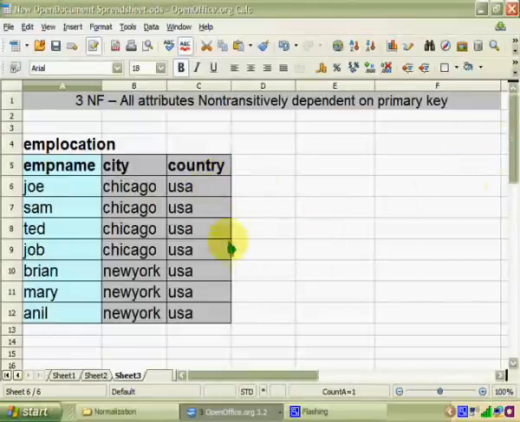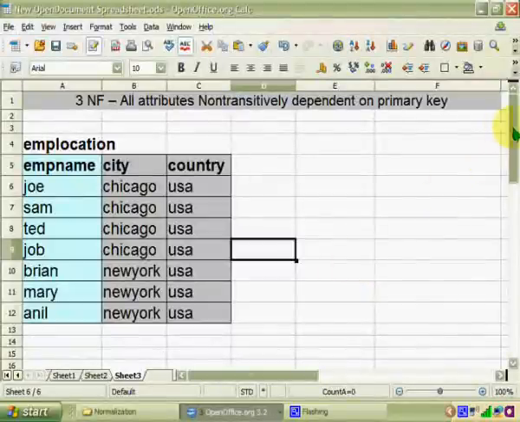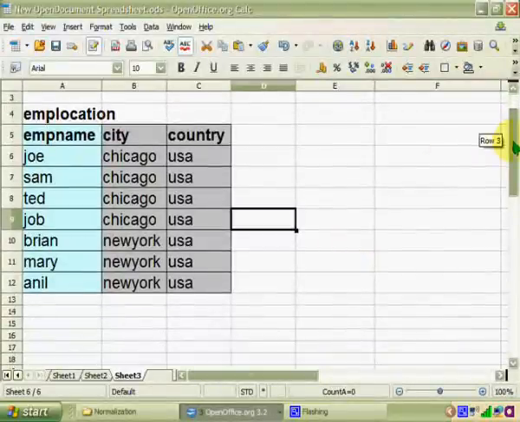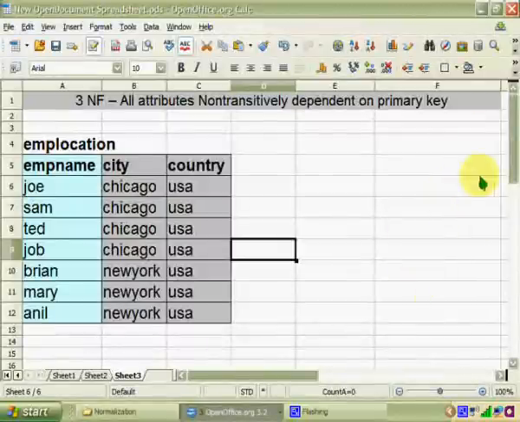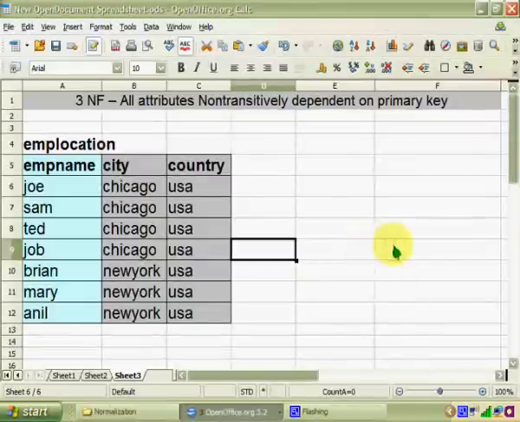So I took out that indirect dependency, I split it, and I put the other information in another table. So if at any place we say x belongs to y and y belongs to z, we should store x belongs to y in a separate table and y belongs to z in a separate table. By joining the two tables, we can use the transitive. We can use the join and say that because x belongs to y, and in another table y belongs to z, I can say x belongs to z.